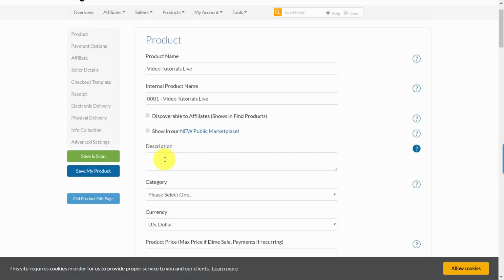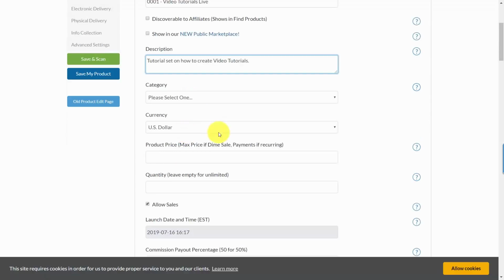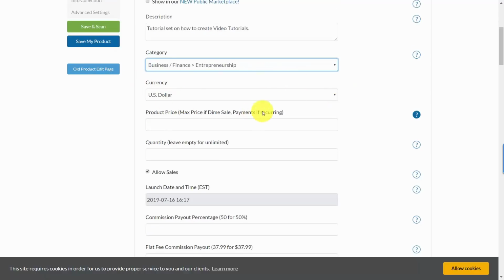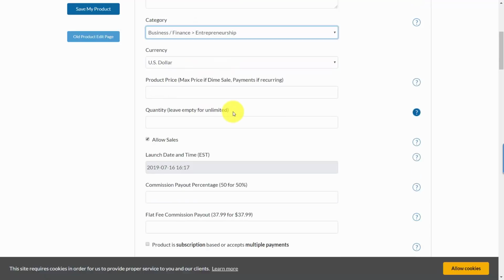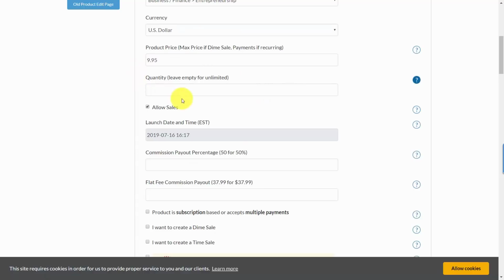You're then going to want to write in a public description for your product. What you're then going to do is you're going to find a specific category. Then you're going to determine the currency that you want people to purchase your product in. You're then going to want to write in your product price. Now, if you're going to have a limited quantity of the product, you can write that limited quantity in this